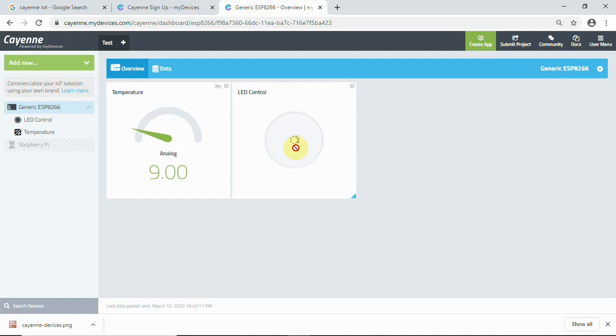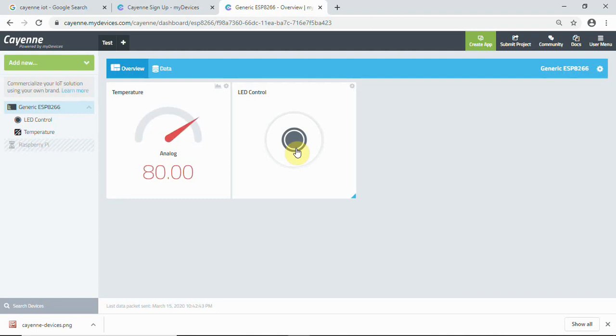Now we have a button on the dashboard which is sending an input, that is we are sending an input from the dashboard to control our board GPIOs. That means we can have a home automation system, and then we can connect the ESP8266 GPIOs to a relay, and then we can control a fan or light or any home automation device from anywhere in the world.